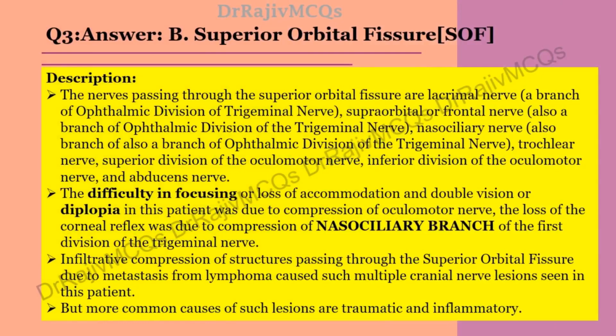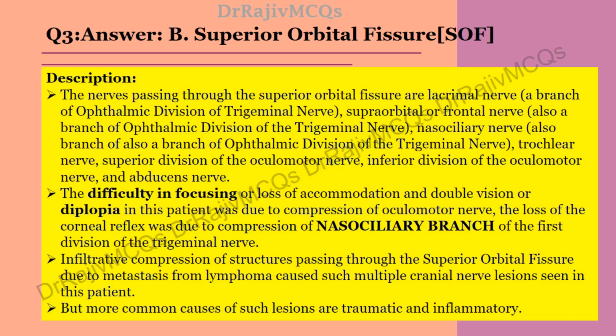The correct answer in question number 3 is option B. Superior orbital fissure is a part of orbital apex. This fissure separates the greater and lesser wings of the sphenoid and lies between the optic foramen and the foramen rotundum. The nerves passing through the superior orbital fissure are